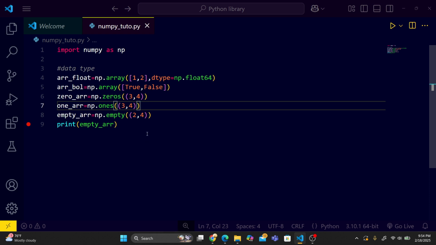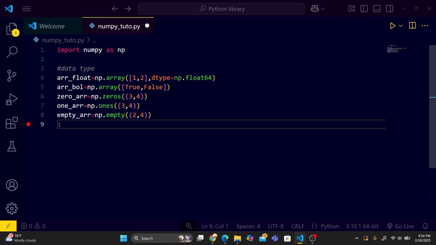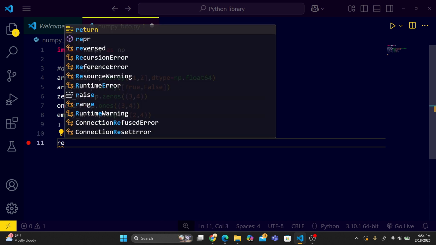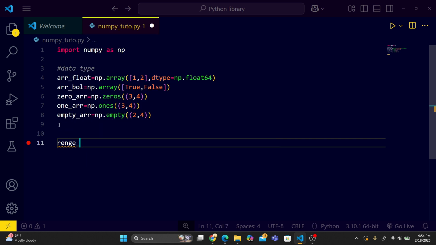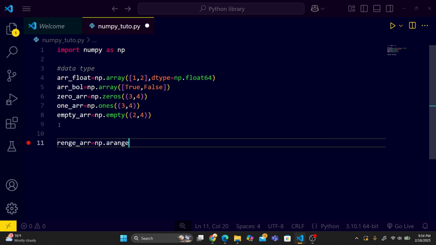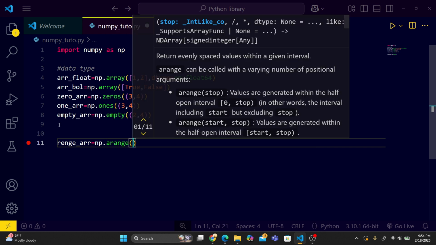Okay, so the next thing is sequence. Remove this, and now create a variable range array equal to np.arange. This function, np.arange, first of all it takes stop, then